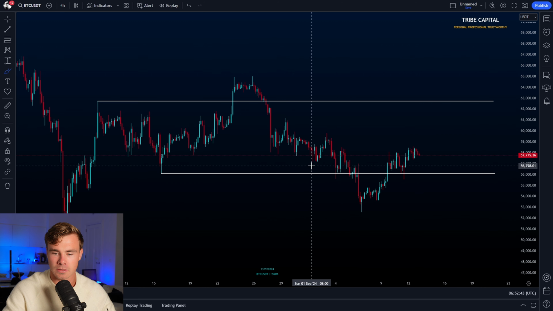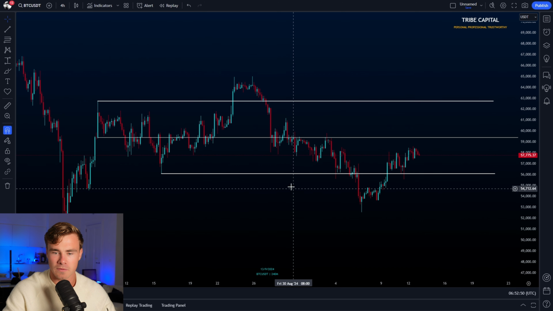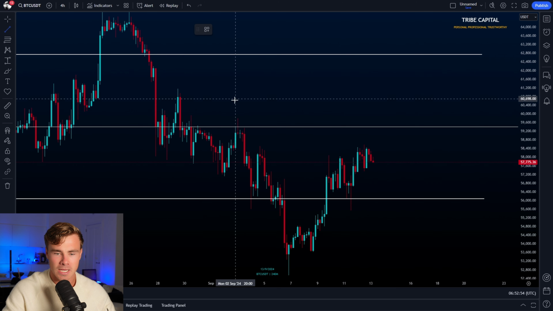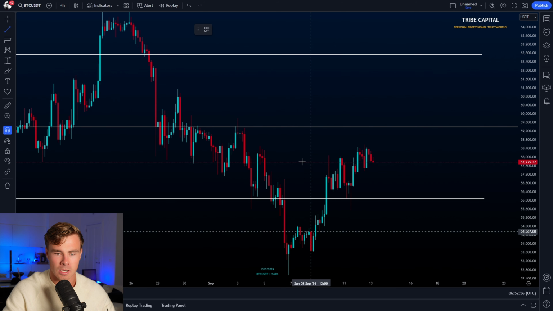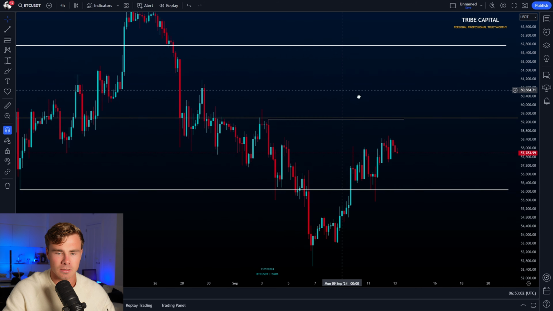now we know that after a deviation of the range low, technically speaking, the first major objective should be the mid-range, which we can find over here. And what is really nice about this mid-range is that if we zoom in, we can see that we have this draw on liquidity. Why do we have this draw on liquidity? First off, we have this important high over here aligning around the mid-range, and on the 4-hourly time frame we